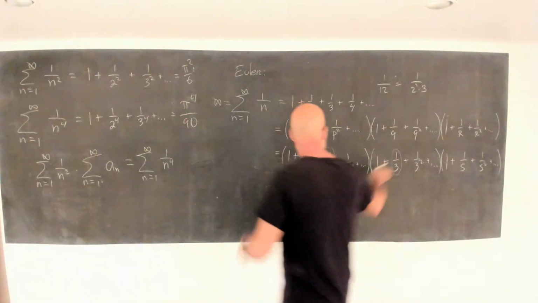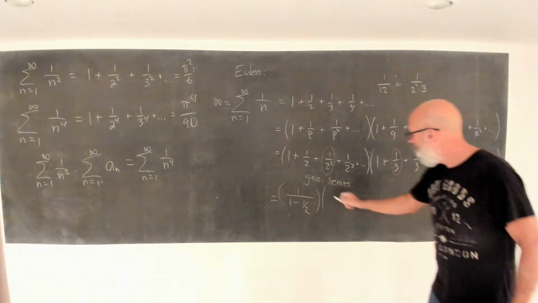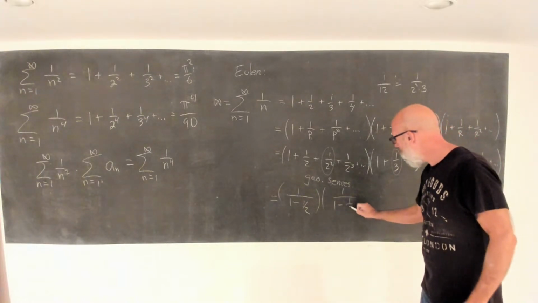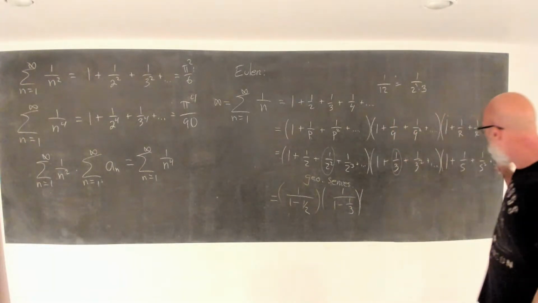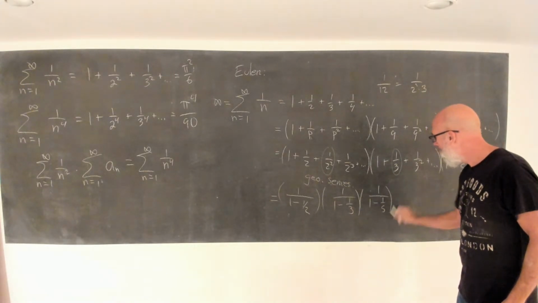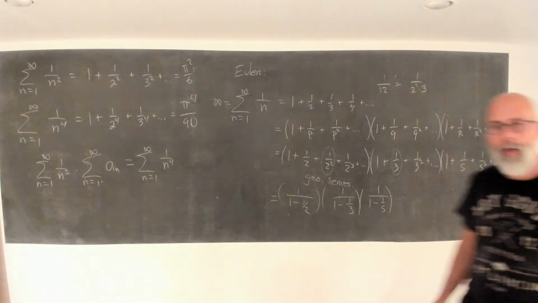And the second one, same thing, 1 over 1 minus a third. And the next one, 1 over 1 minus a fifth. And so on and so on. Or,